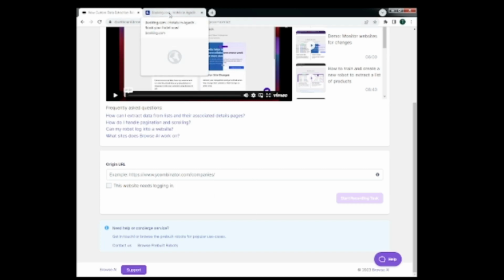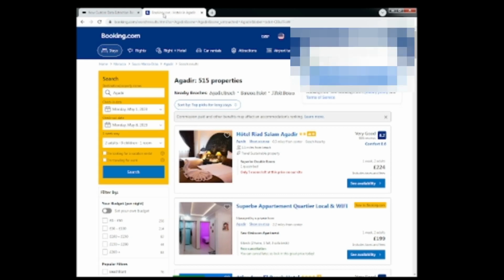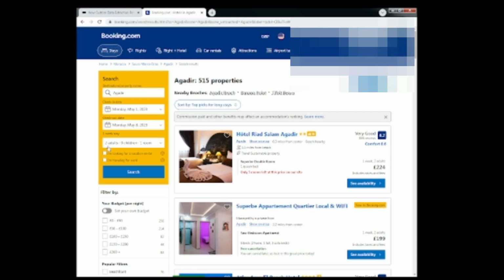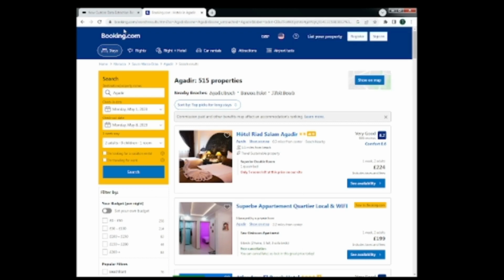So I'm going to jump over to bookings.com. I've done a quick search on bookings.com for hotels in Agadir from the 1st of May to the 8th of May, and 2 adults, no children, and it's presented me with this list. So I'm going to simply take this URL, Control C for copy,